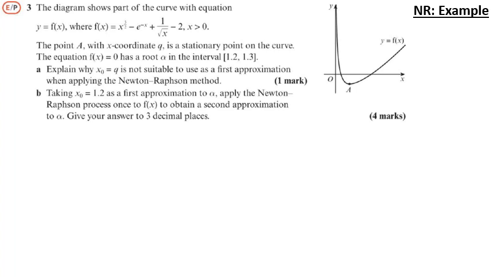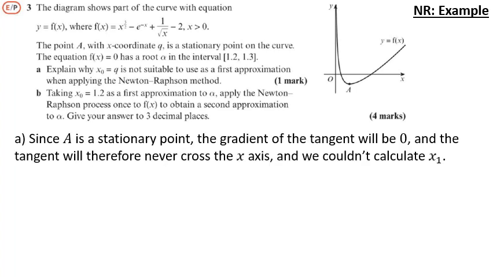When does Newton-Raphson break? It breaks if we're at a stationary point. It's inaccurate if we're close to a stationary point. Well, what is Q? It's the x-coordinate of the point A, a stationary point on the curve. So the first point we need to make is that A is a stationary point. The gradient of the tangent will be 0, so the tangent will never cross the x-axis, and it's not possible to calculate the value of x1. For part B,